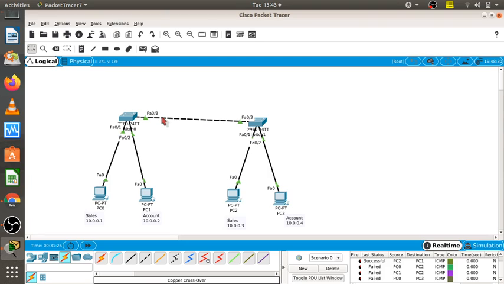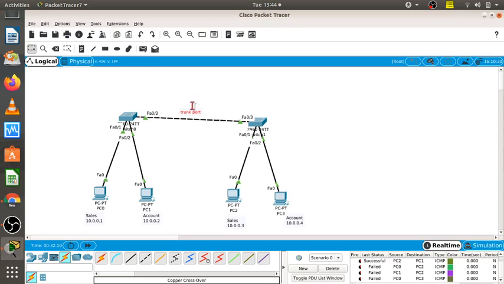Why trunking? VLAN trunking enables carrying the VLAN traffic from one switch to another switch using a particular port, called a trunk port. So just label it as a trunk port. This is nothing but my trunk port. It is a switch port that will be used for interconnection between the two switches. It will transfer the virtual LAN traffic from one switch to another switch. And for configuration of this particular trunking port,